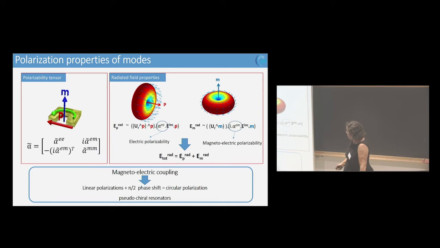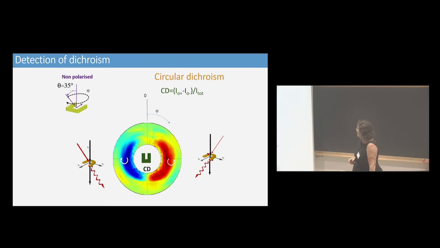In that case, what we have here are resonators, which are not chiral because the geometry is not chiral, but depending on what you do, you can exploit by playing on the relative value of this and this, which gives sigma plus or sigma minus. So this has been done in the experiment.